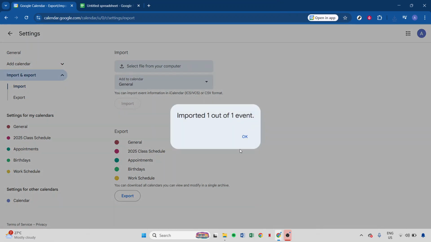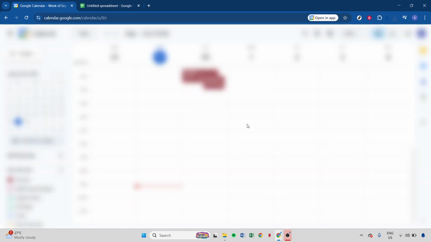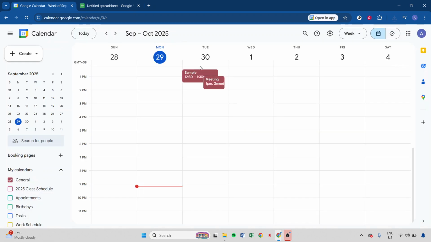What this means is that the data you import is not dynamic. Any updates or changes made on the Google Sheets side will not automatically sync with your calendar. If you make frequent updates, you'll need to re-export and re-import the data as needed. And there you have it, a simple guide on boosting your workflow by integrating Google Sheets with Google Calendar. Whether you're consolidating meeting schedules, project timelines, or any other task that requires meticulous planning, this process efficiently streamlines your